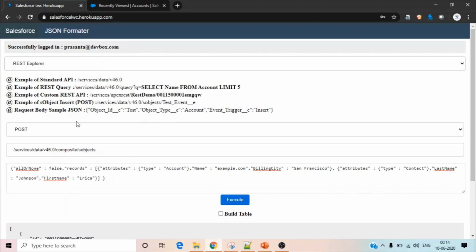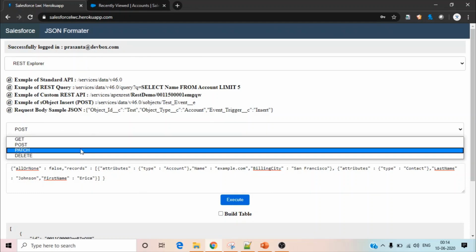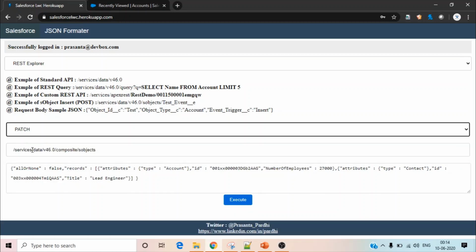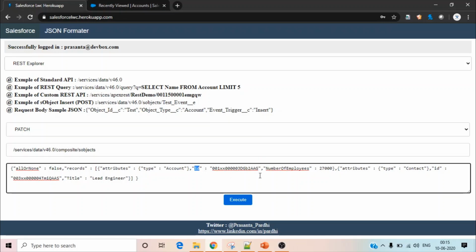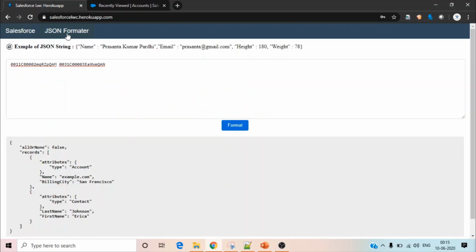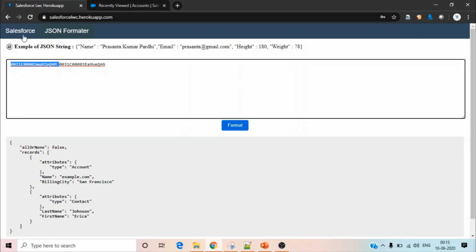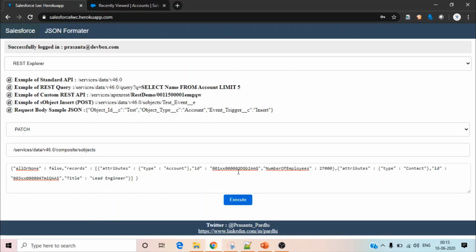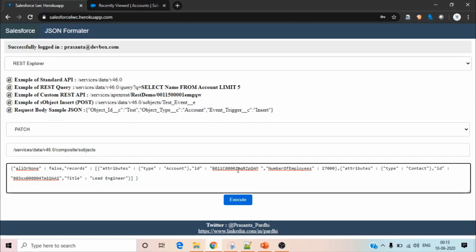Let's move on. So for the update operation, generally we use this patch. When you select a patch, you are able to see a template, but this time you see ID. It is asking for ID. That means if I wanted to update the account, I have to provide the account ID. If you remember, in the last step we created an account, the same account we will give, and this time